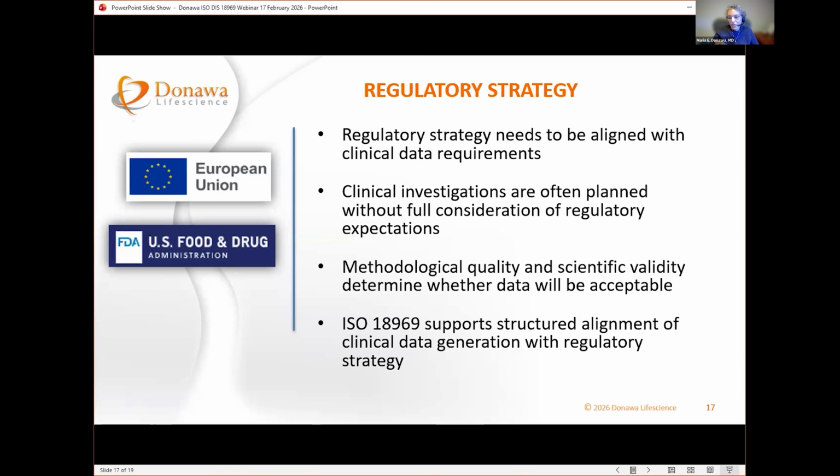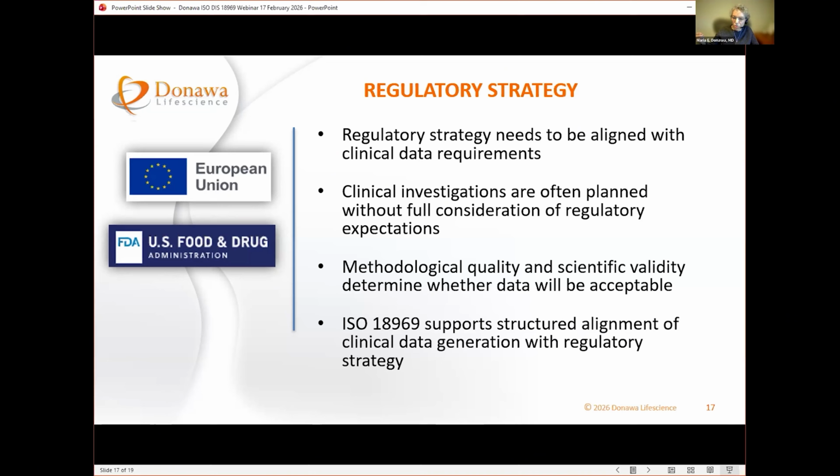The MedDev guidance document for clinical evaluation that was developed under the directives is still used for the MDR, as long as you make sure that you're complying with the MDR and not the directives. It still includes very interesting and useful information. And one of them is your clinical data, if it's going to be important and not just